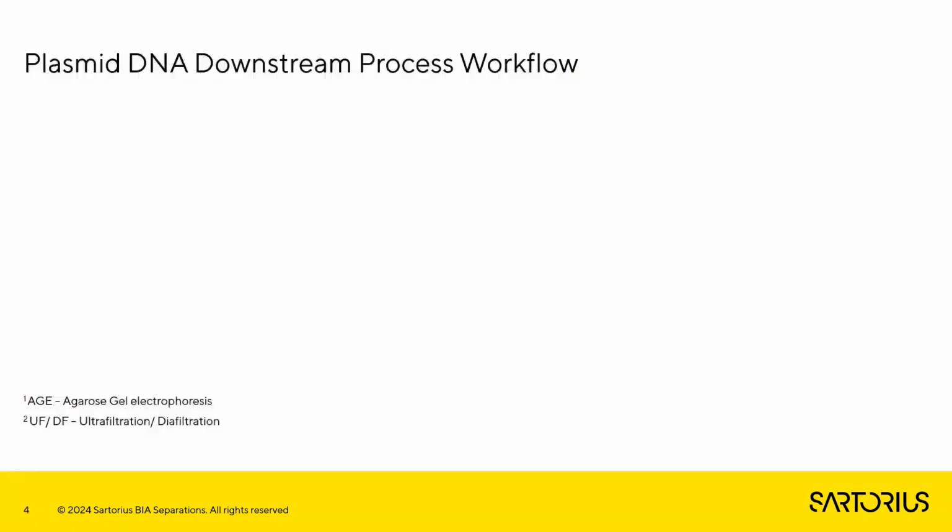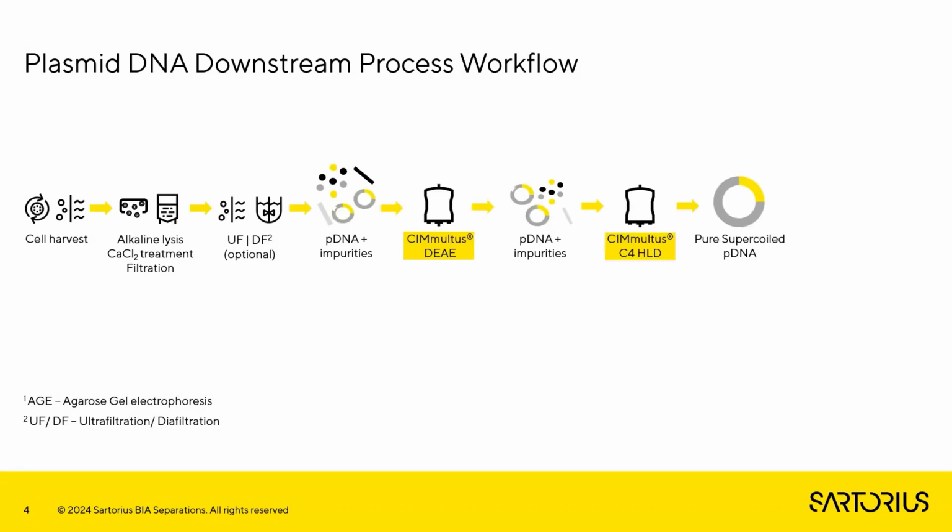But let's go first through our standard plasmid downstream process workflow. Similarly to what was described before, alkaline lysis of resuspended cells is followed by calcium chloride treatment and clarification. Clarified lysate may then be prepared for DEAE capture via TFF or simply by dilution with water. The plasmid eluted from DEAE is then polished by hydrophobic interaction chromatography as such, when we need supercoiled plasmid at the end, or after linearization in case of plasmid